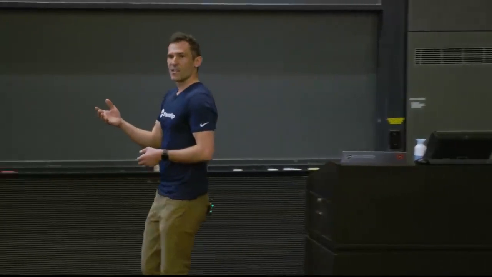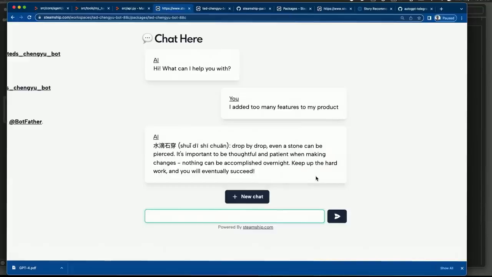Here we go. So the buddy that this person wanted to create was a friend that, if you gave it a particular problem you were having, would pick a Chinese idiom, a 4-character Chengyu, that described it poetically, like here's a particular way you could say this, and it would tell it to her. The person who built this was studying Chinese and she wanted to learn more about it. So I might say something like, I'm feeling